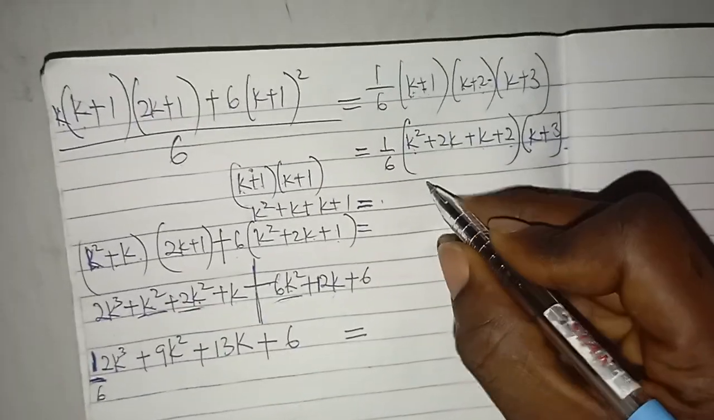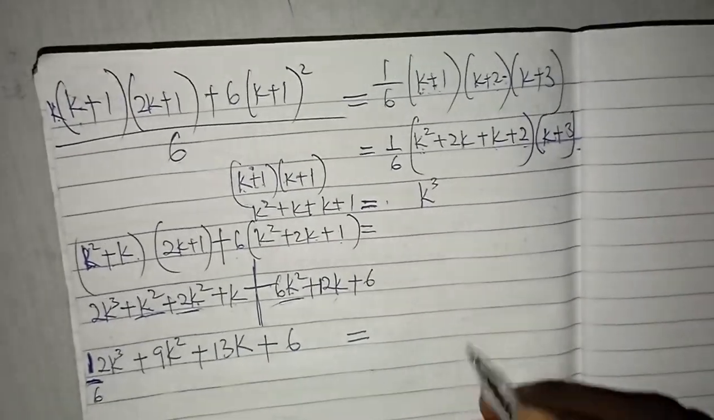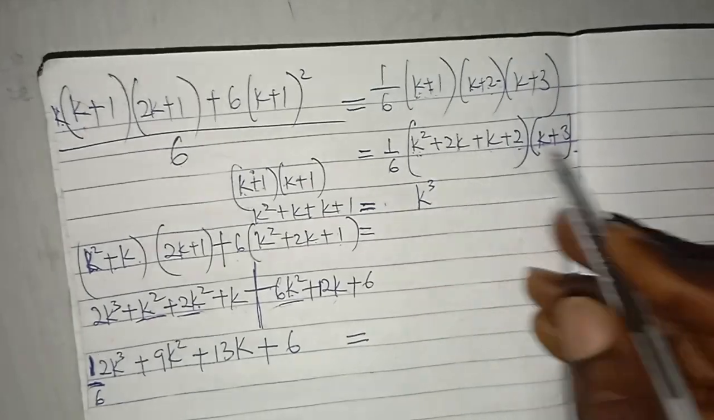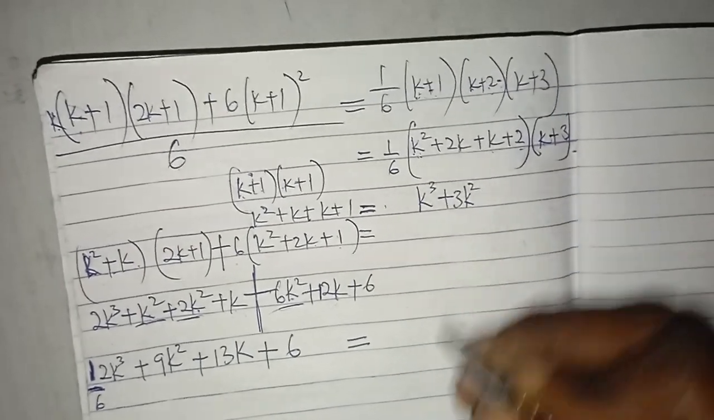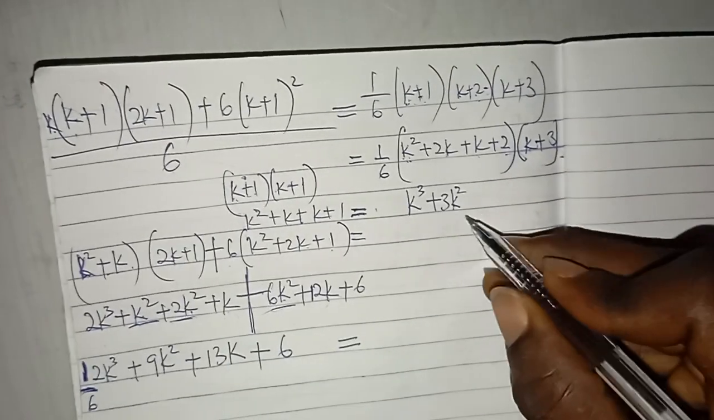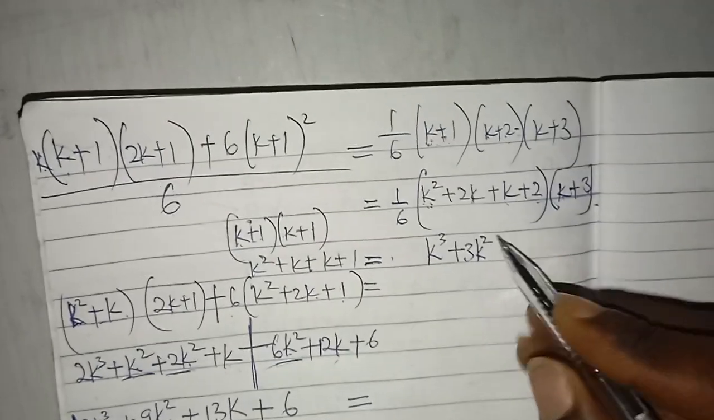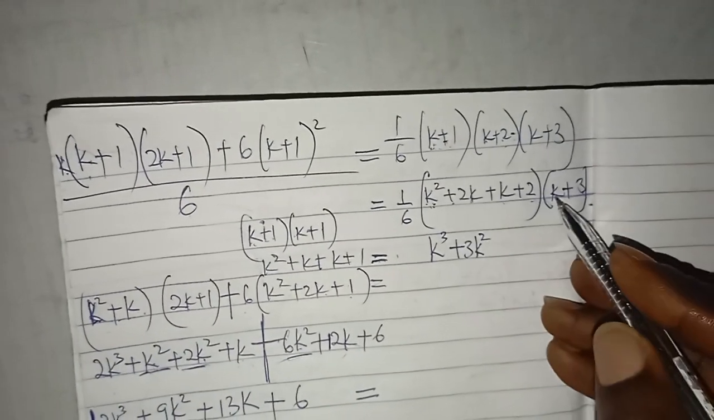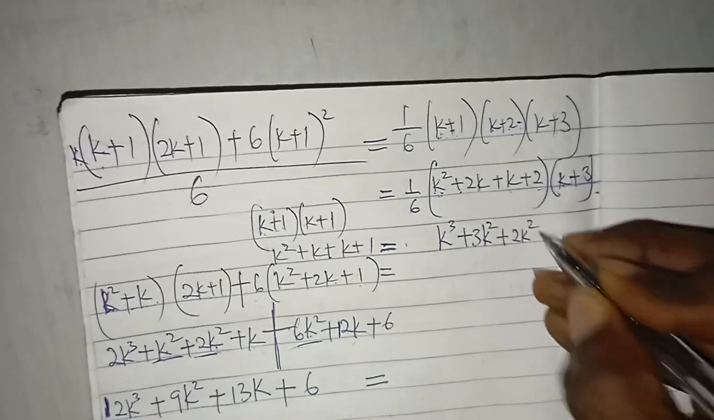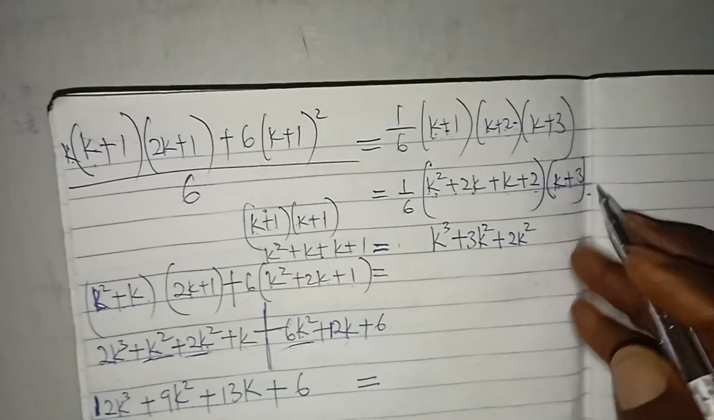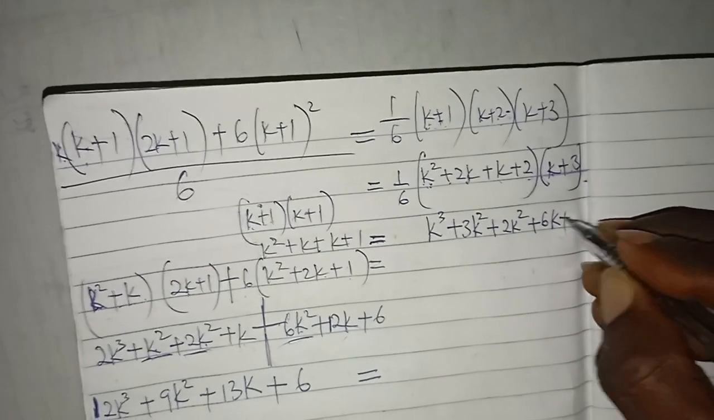So let's go. k squared times k is going to be k cubed. k squared times 3 is going to be plus 3k squared. Now, we are done with k squared. Plus 2k times k will be plus 2k squared. 2k times 3 will be plus 6k plus